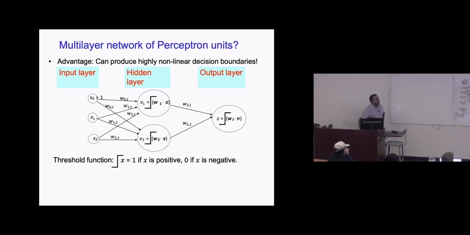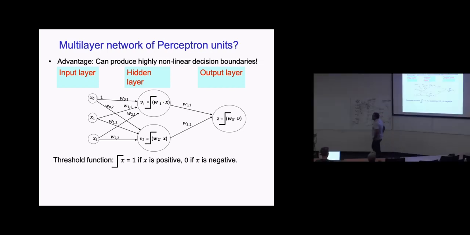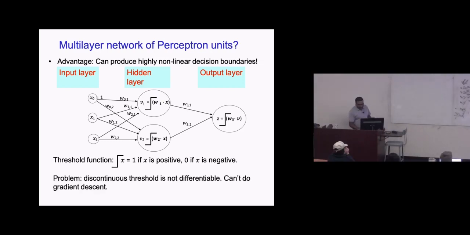Then we talked about this 0-1 loss, which is essentially a perceptron. If we do a network of perceptrons, we will get nonlinearity. That is great. Once we know these weights, we will get nonlinear things, and we'll get a nonlinear 0-1 output. But we don't really know how to learn them because they are not differentiable. So having a network of perceptrons is not going to help us. We don't have a differentiable function here.